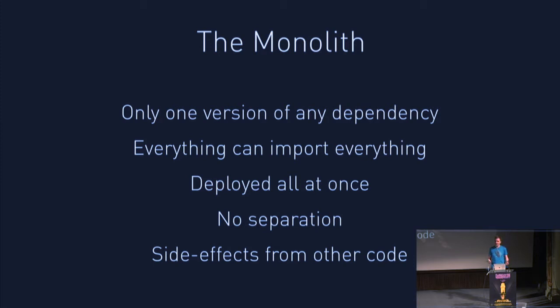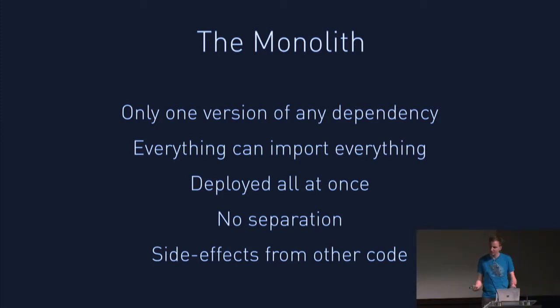You have a Django application, all of your apps and stuff are installed inside the one big Python project. You run it under one WSGI server. It just sits there and does all the right things. And it's quite good, it's quite easy. You can easily call code from other places. If you've got a handy function somewhere that you want to reuse, you can just import it and use it directly. But there are a few downsides.